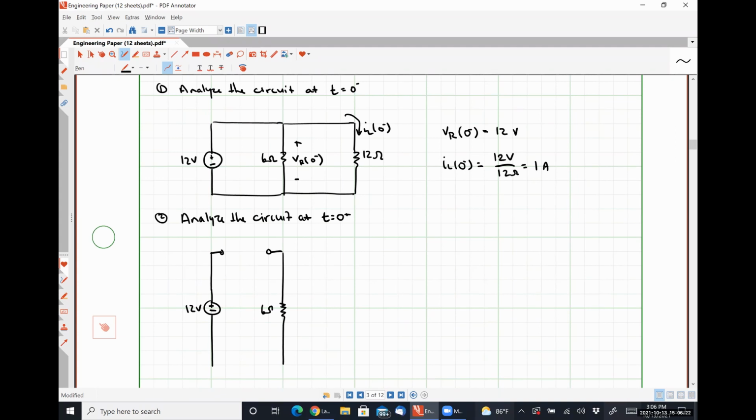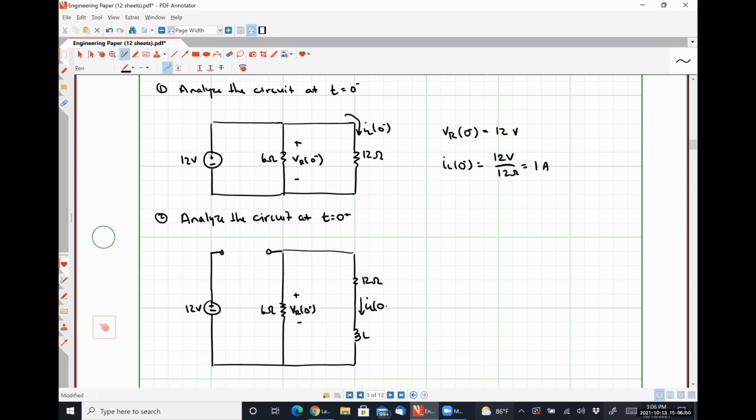We have our 6-ohm resistor over which a voltage drop VR at 0 plus appears. We have our 12-ohm resistor. And now we have an inductor down here, L, and we know for certain